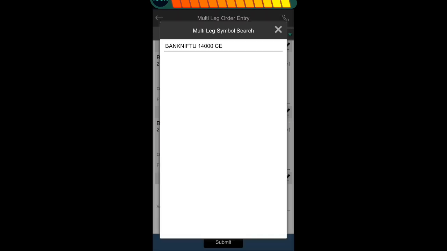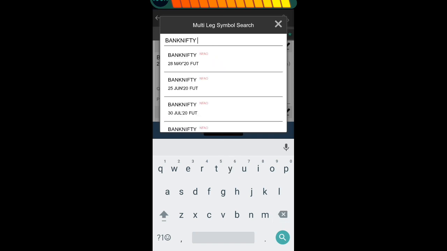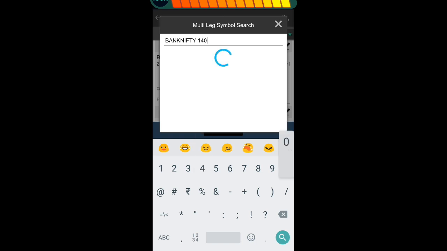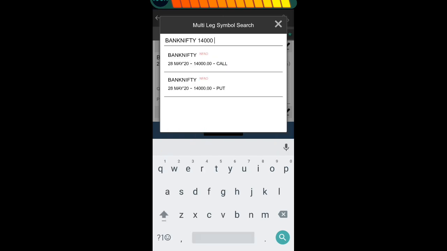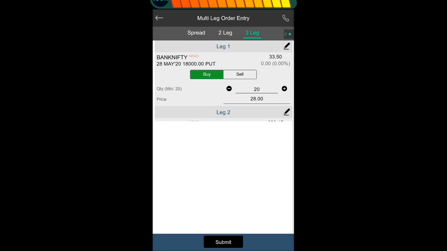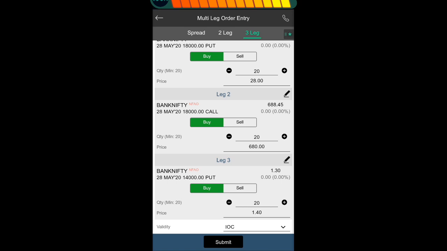Just a second. Suppose I wanted to put Bank Nifty 14,000 put as my support. So I have taken here Bank Nifty 14,000 put, and the same scenario would be here also.